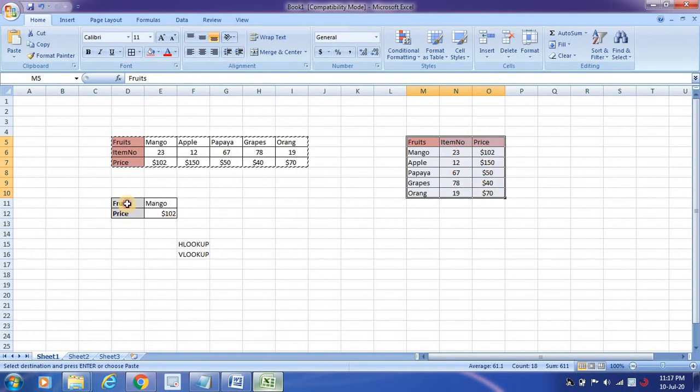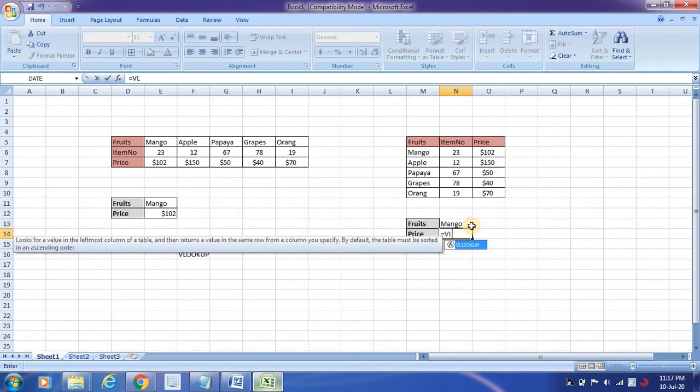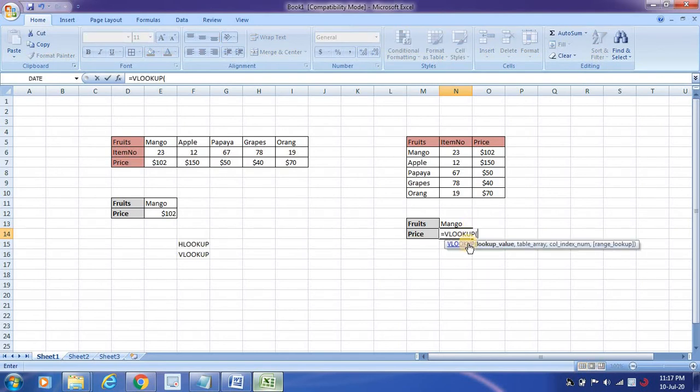Now I want to display the same thing using VLOOKUP. So how do I do it? Fruits. Say for example, I want to take the fruit name mango or papaya, whichever fruit you want, you can take. Say let's say mango, and then you write the formula as VLOOKUP because the values are in vertical format. So what value are you going to look up? Mango, and then enter the entire table.